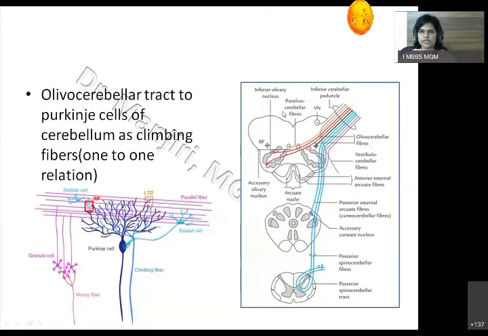So the olivocerebellar fibers, they come and they join with this Purkinje cell. So relation is 1-to-1 relation. So one olivocerebellar fiber will go to one Purkinje cell only. And the fibers coming from this olivary nucleus will be called climbing fibers. So this information you will again revise in the cerebellum. I just want you to revise it, so you'll be able to understand more in the cerebellum. So that was the olivary nucleus. So what is its function? It receives the information and it sends this information to cerebellum to process.